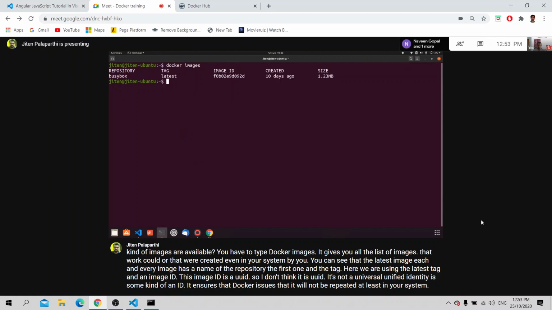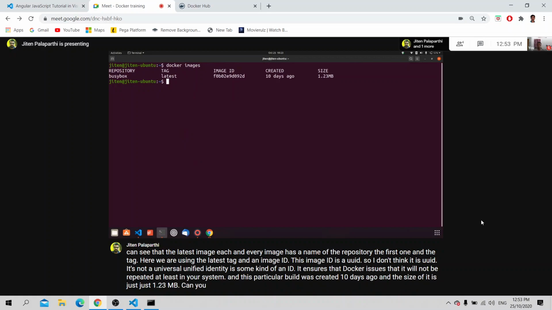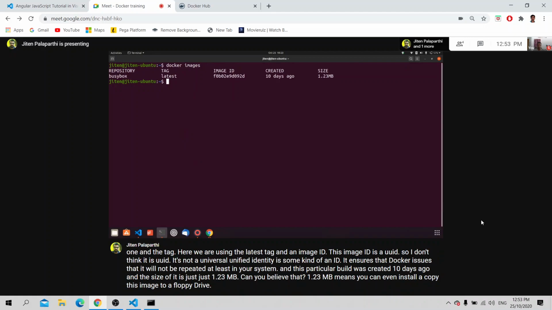And this particular build was created 10 days ago, and the size of it is just 1.23 MB. Can you believe that? 1.23 MB means you can even copy this image to a floppy drive, which is 1.44 MB, I think, if I'm not wrong.